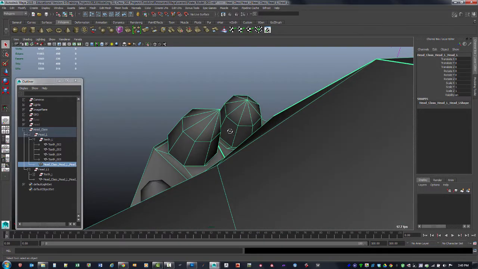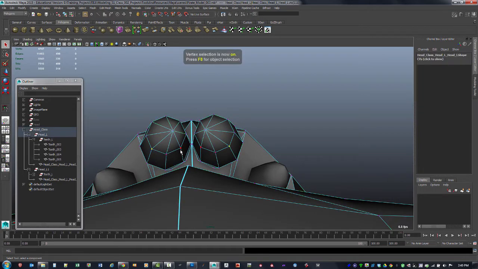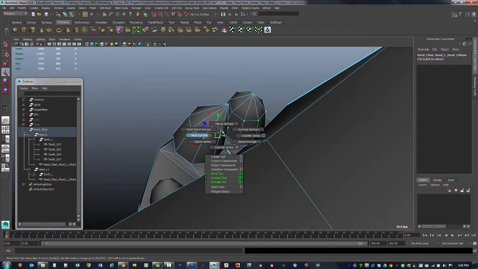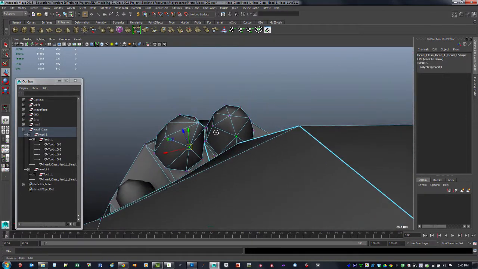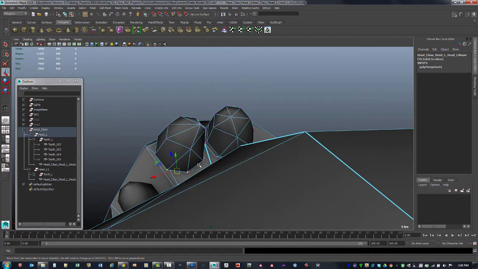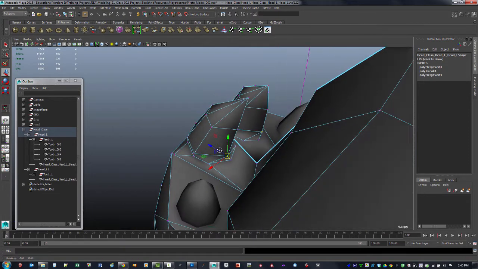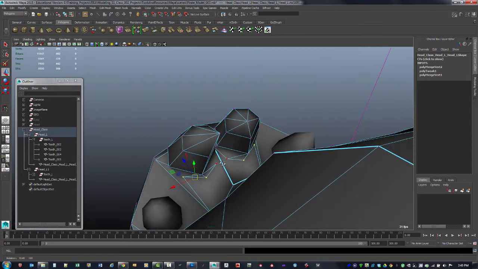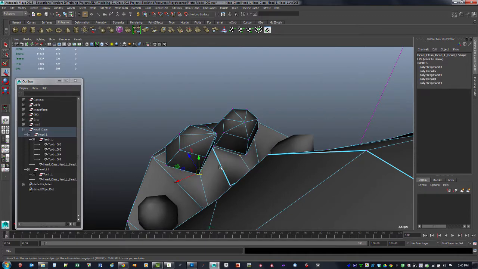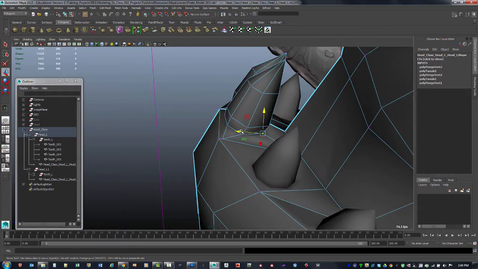And if you don't ever see the back side of things, it's possible that you could take these verts right in here like this, and then merge those to the center like that, just because nobody's really going to see that. So if you don't see the information, it's not really necessary to have it. So you can see something like that,